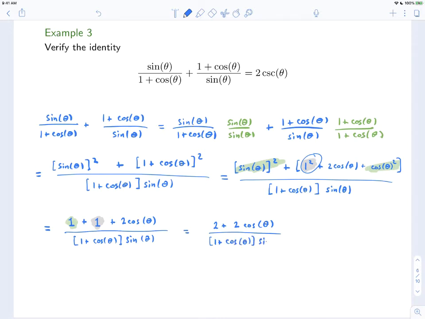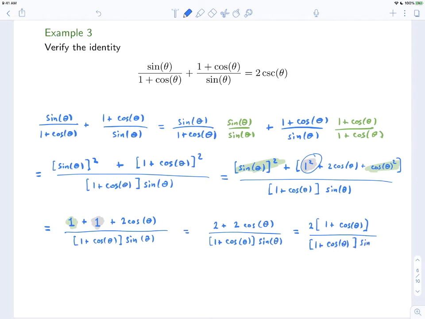times sine of theta. And now we just notice that if we factor a 2 out of the numerator, we're going to have a factor of 1 plus cosine theta, which we also have in the denominator. So let's just do that. So we factor out a 2 from the numerator. 1 plus 1 times, but 1 times cosine theta is just cosine theta. And this is divided by 1 plus cosine theta